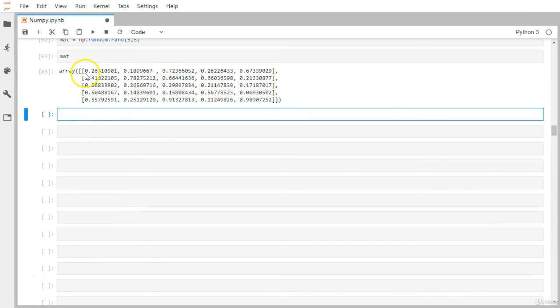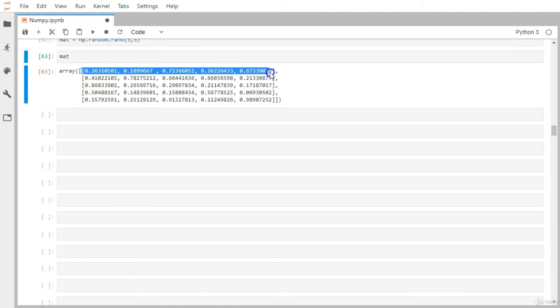Now here every single element available in this matrix can be referenced with 2 numbers, because earlier it was referenced with just 1 number in the case of a one-dimensional array. In this case it will be referenced with 2 numbers. So one is the horizontal row and one is the vertical column. Here also indexing starts from 0.